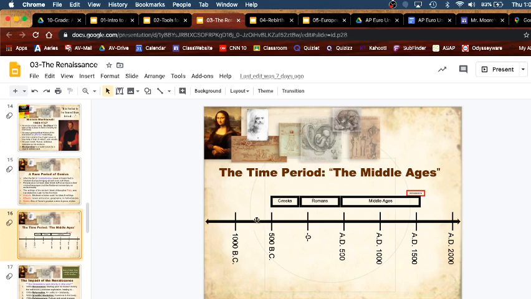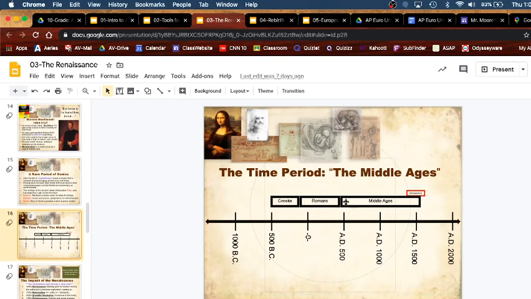The Republic of Rome was founded even back here in 753 BC. But the Romans started to hit the peak of their power close to the 0 mark, when Jesus was born. And even though Eastern Rome, the Byzantine Empire, goes all the way until like the 1450s when this class starts, to put just the Romans right here is maybe not entirely accurate, but for the purposes of understanding the